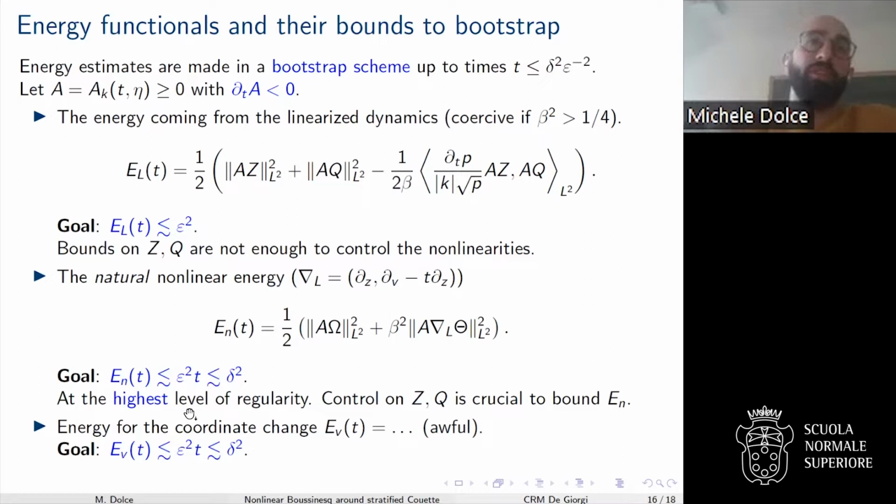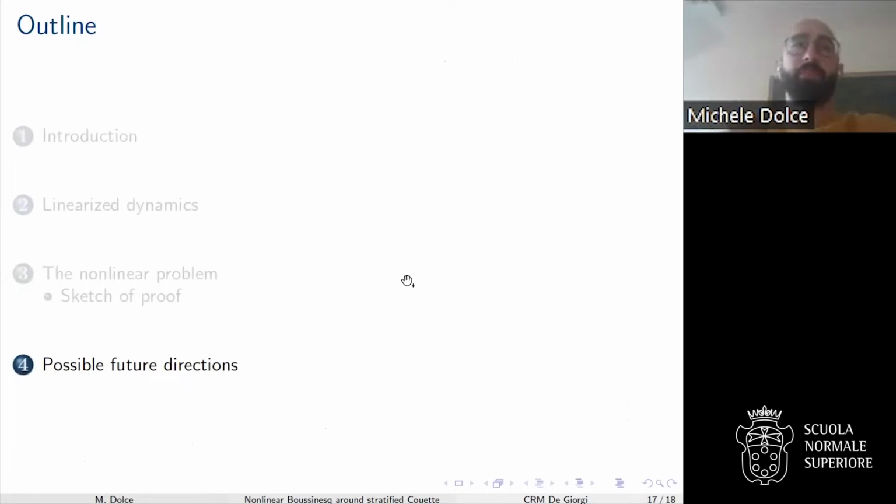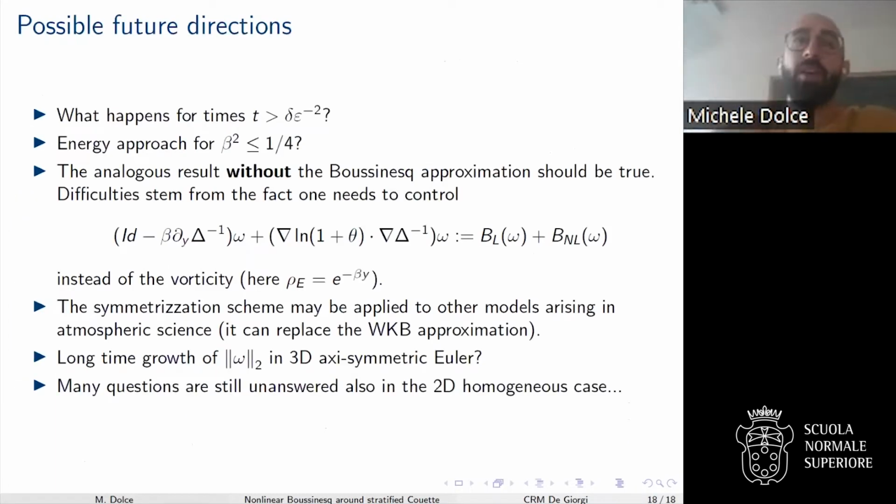But then, of course, you do also have to control the coordinate change. I'm just hiding what it is, because its expression is kind of awful. But the idea is you need to allow also the coordinate change to grow. This is just a sketch of the weight, somehow telling you how you have to construct it, in the sense that you should observe that the weights are unbalanced on frequency. They do change depending on where time is with respect to frequencies. So they are really anisotropic weights. And now I just conclude my talk with this slide, and I thank you for your attention.